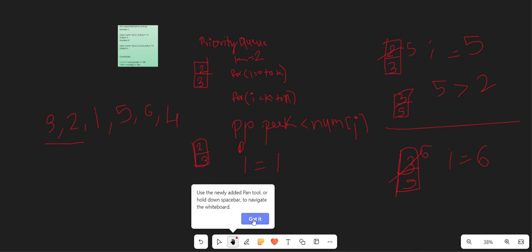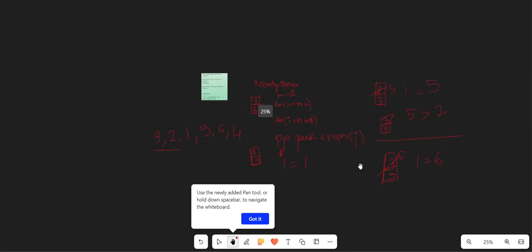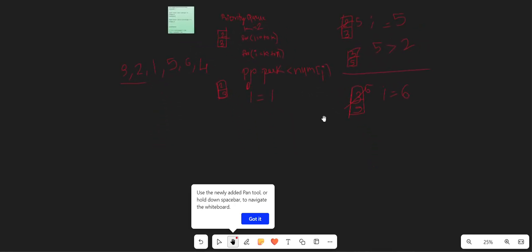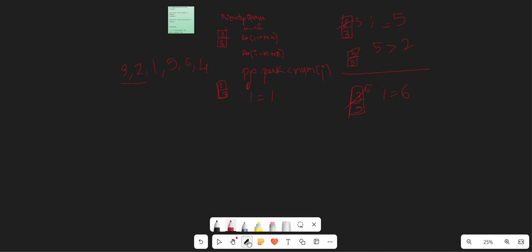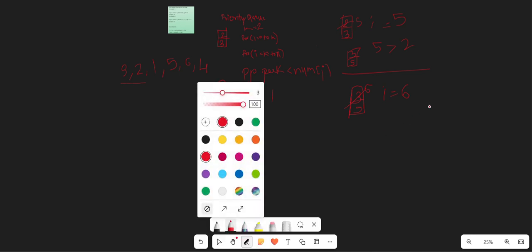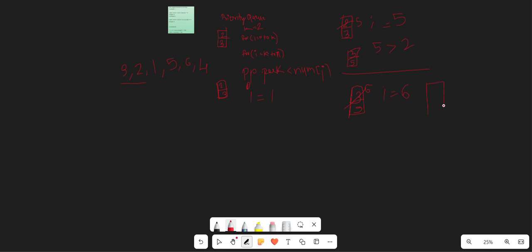My 6 is greater than 3, so the queue removes 3 and puts in 6, and 6 is greater than 5, sorry, so 6 goes at the bottom and 5 will be at the top.